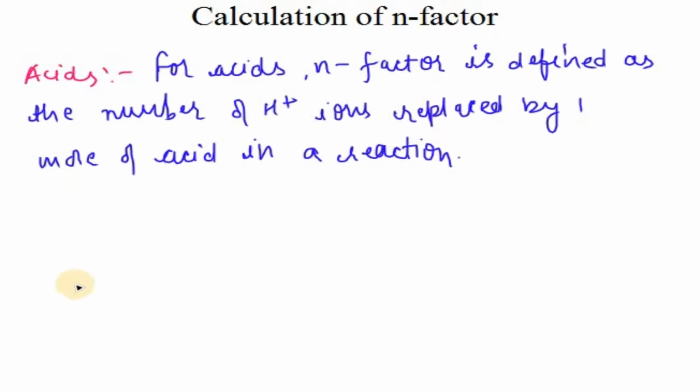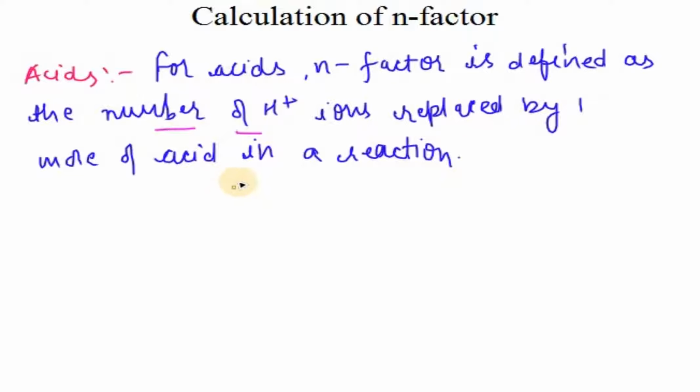So in today's video we're gonna learn about the calculation of n factor. So first of all we're gonna talk about the acids. How do we calculate the n factor of acids? So for acids, n factor is defined as the number of H plus ions that are being replaced by 1